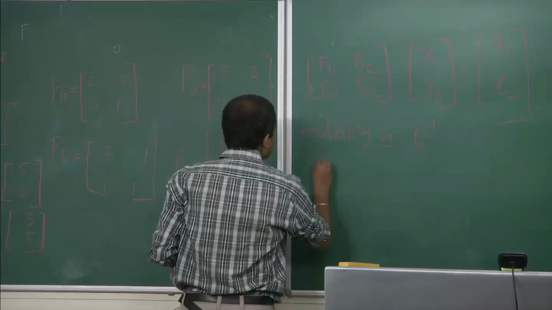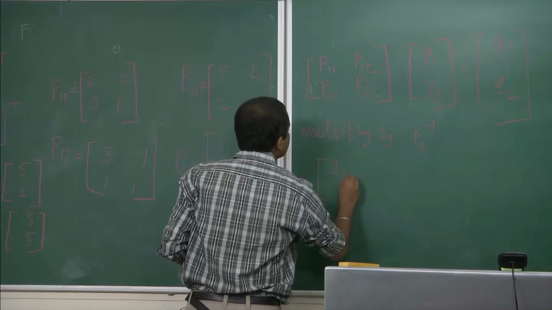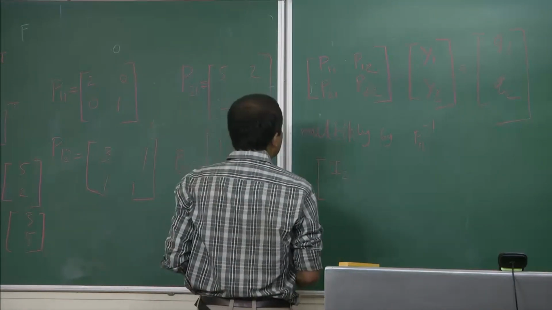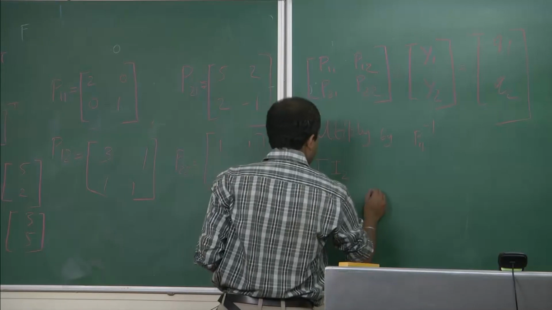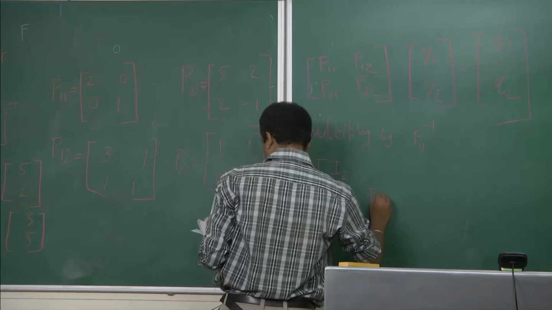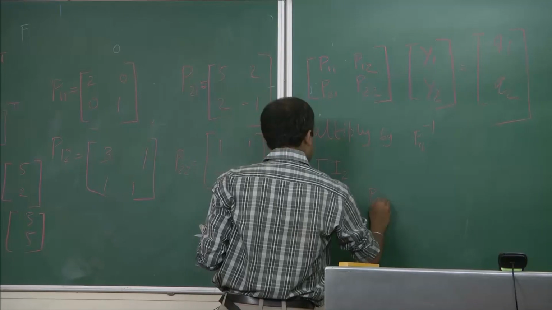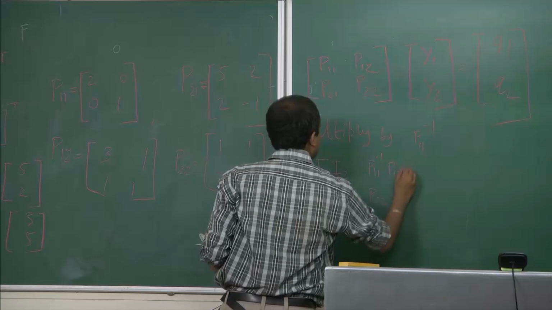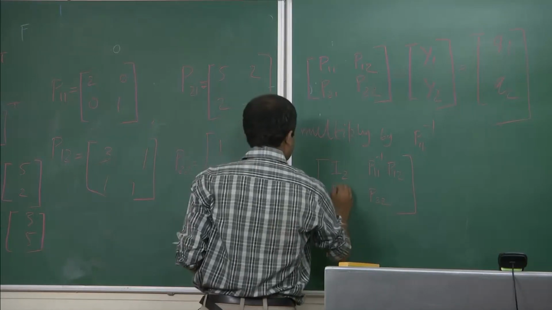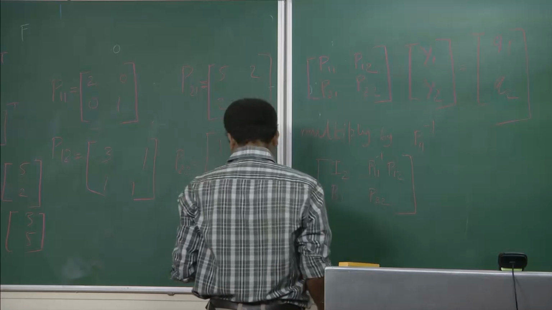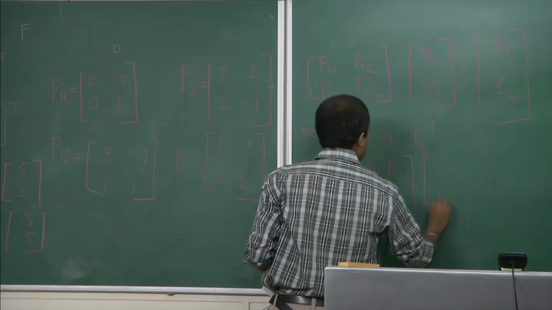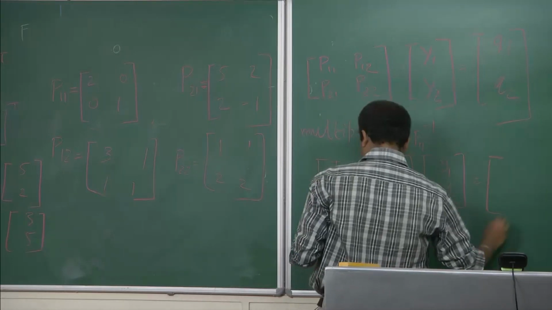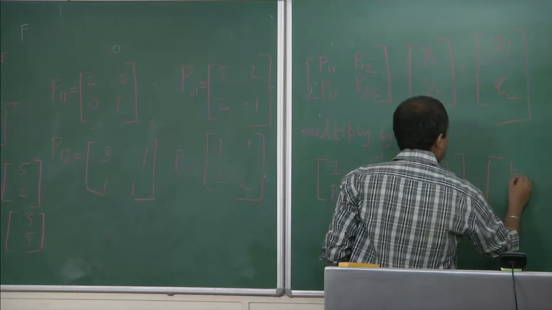So, we will get this as I2 because we are working with 2 cross 2 matrices. So, it should be that, and P21 P11 inverse, this is P22, P11 inverse, P12, and this is P21. Okay. So, this will be Y1 Y2 which is equal to P11